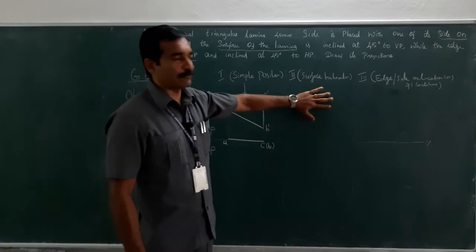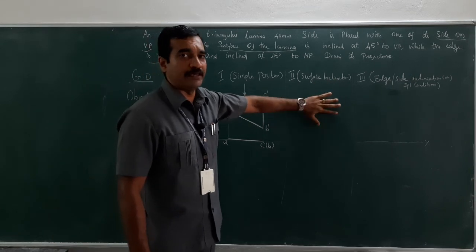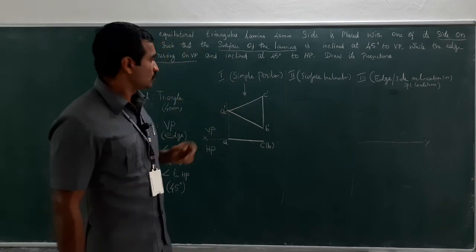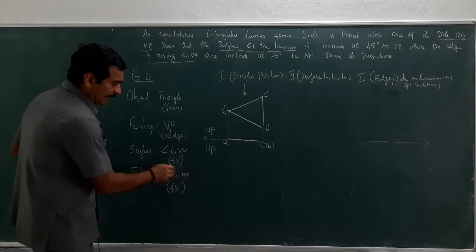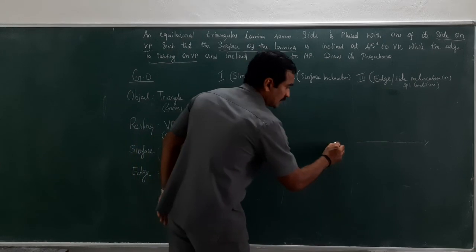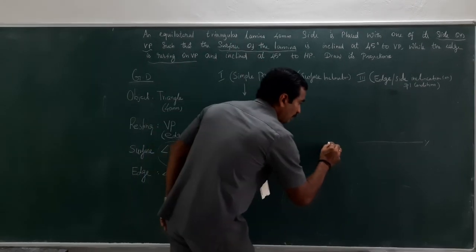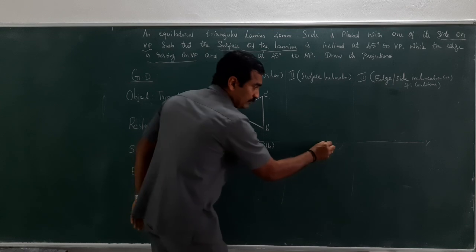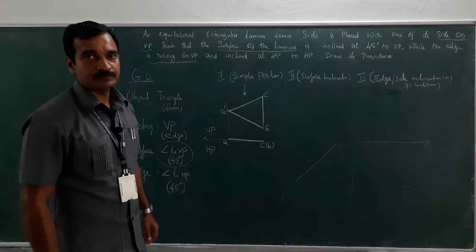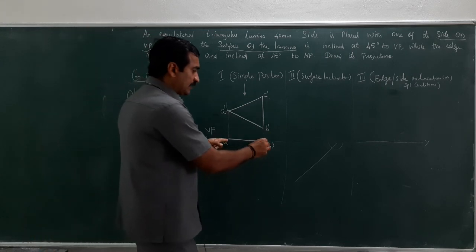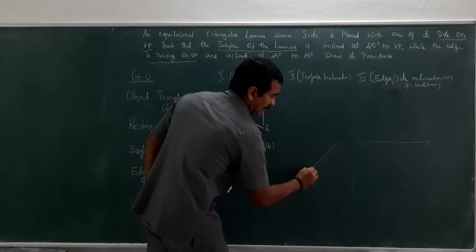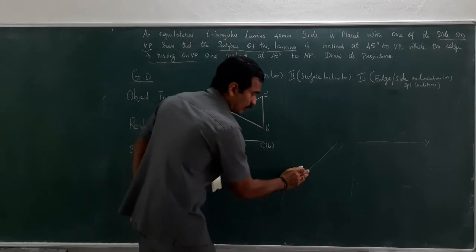This pertains to the surface inclination, or laminar inclination, or plane inclination, where the equilateral triangle is inclined at some angle. So, what does it say? The surface is inclined to VP at 45 degrees. So, you just choose a point and keep your protractor in this manner. From the left, take 45, draw a thin line. Right? Now, measure the distance between A and C, and keeping at here, cut an arc. The unwanted line, you just erase it.